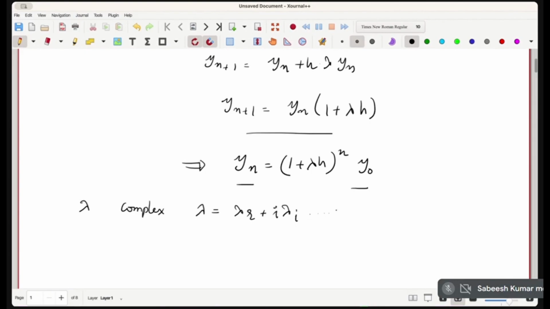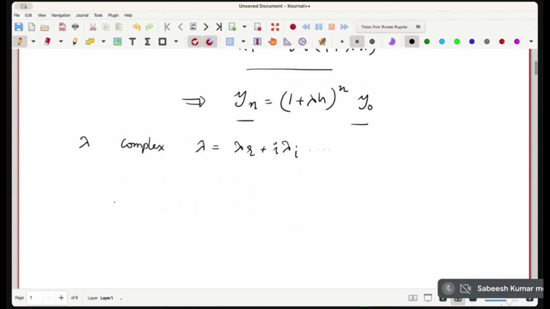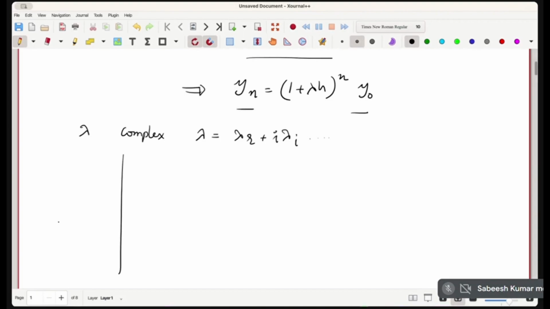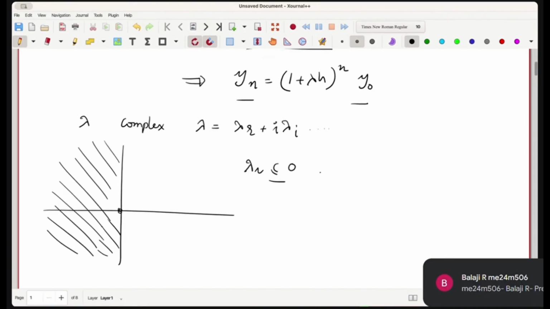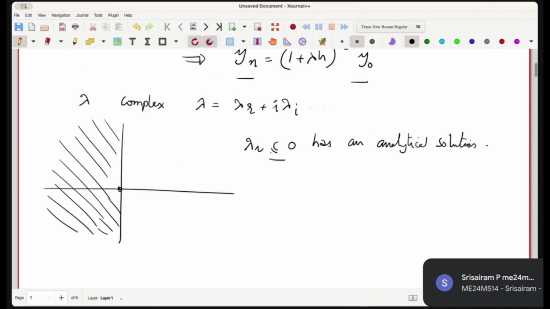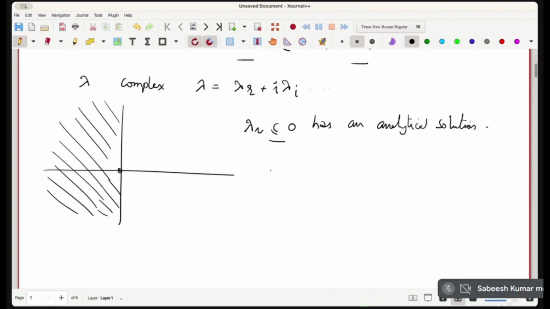Now we again looked at several things. So we said the entire plane that is to the left of origin, that is essentially entire range of lambda r less than or equal to 0, has a solution, right, as an analytical solution, whereas we said when lambda r is less than or equal to 0, if you have only then whereas for